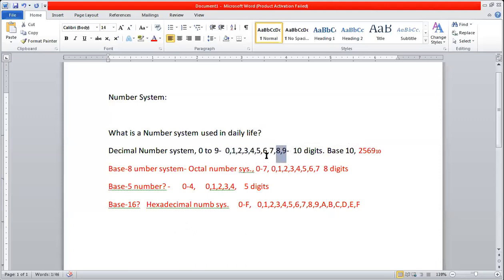We don't have a representation of this A in decimal, correct? Then what are we doing? We are combining the two digits of the decimal number, 1 and 0, and we are calling it 10. Okay, so if we put these numbers on a table here,